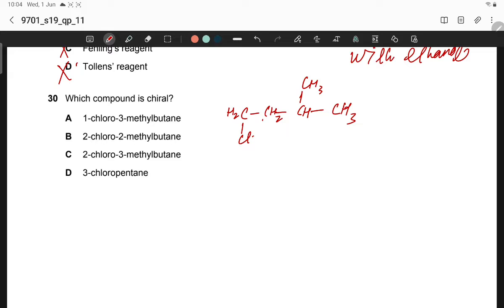This is not chiral as this carbon is not surrounded with 4 different groups, 2H, and this carbon also is not chiral